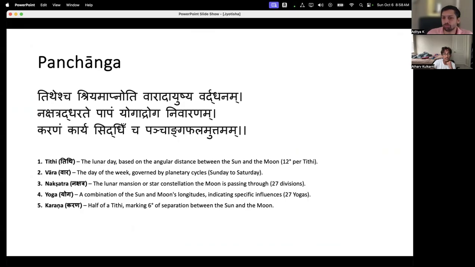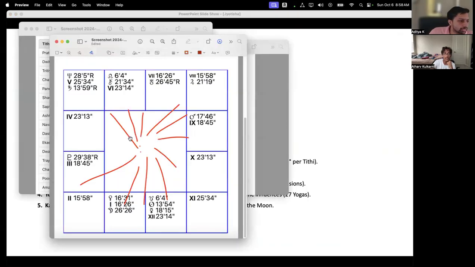Okay, so I will show you. Each of these divisions, this division, this division, each of these is 13 degrees, 20 minutes apart. If you take 360, again, let's use a pizza analogy. This is a big pizza of the sky around you. You are standing in the center and you made 27 parts of your pizza. The part in which the moon is located becomes your nakshatra. Each of these parts has their names.